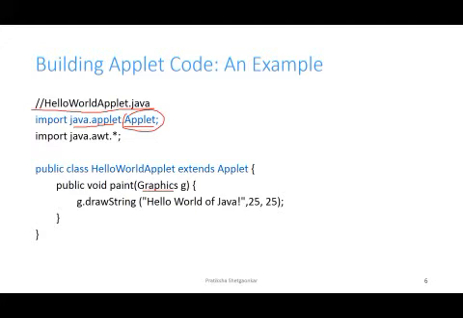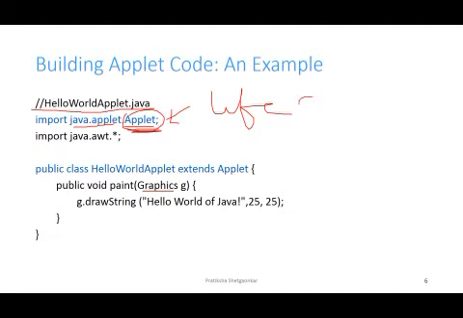Unlike Java application programs, where Java calls the main method directly to initiate the execution of the program, when the applet is loaded, Java automatically calls a series of Applet class methods for starting, running and stopping the applet code. The Applet class therefore maintains the entire life cycle of the applet.